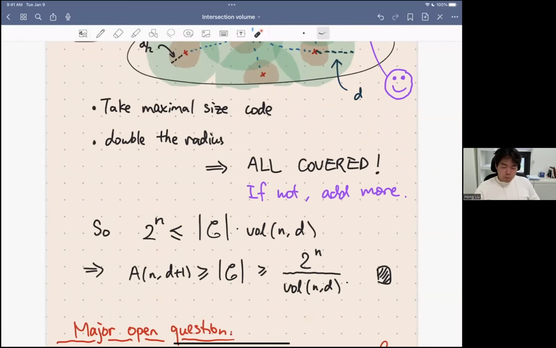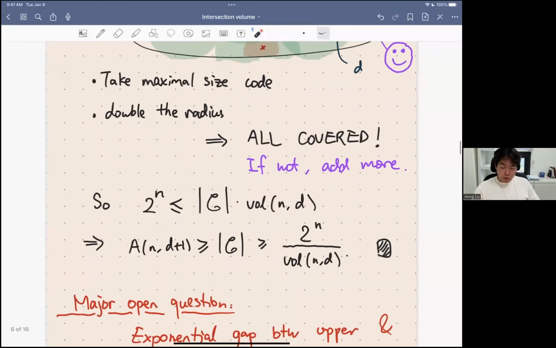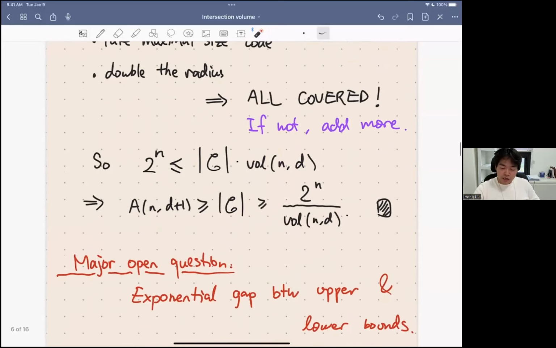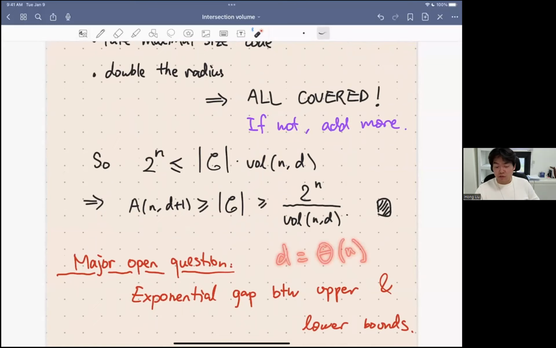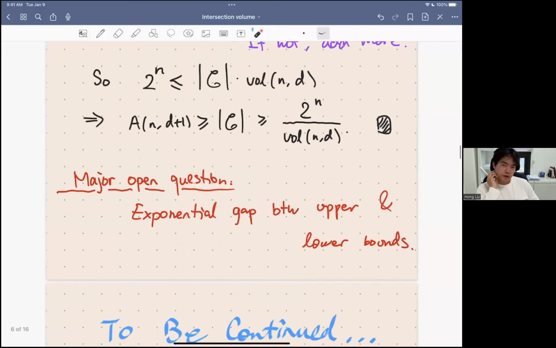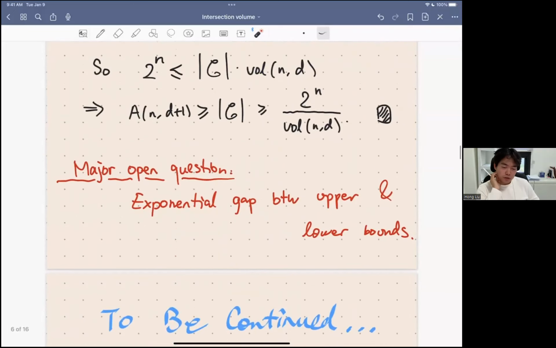One of the major open problems in error correction codes is that when this distance D is linear in n, there's an exponential gap between the upper and lower bound for this A(n, D) function. Okay, so that would be a very, very gentle introduction to one of the problems they cared about. So let's move on to